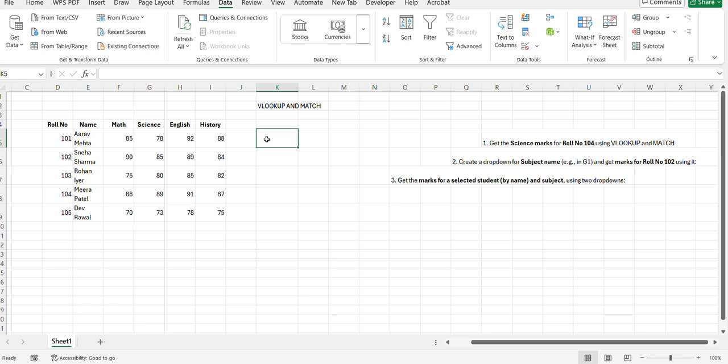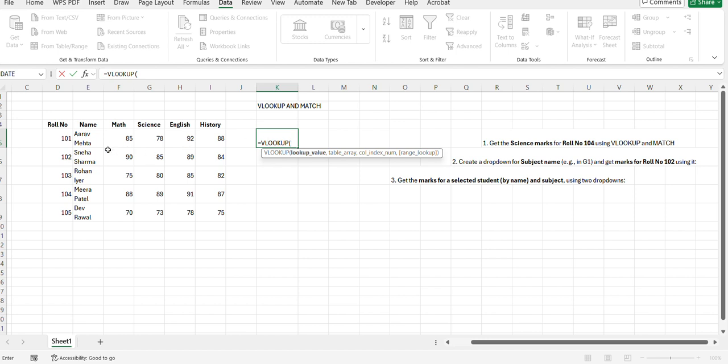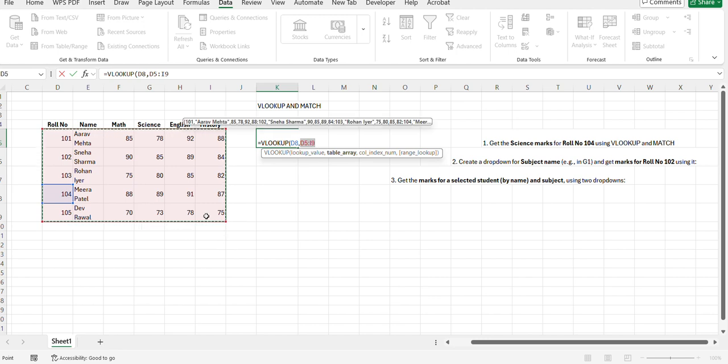Match. So first I will solve this question: get the science marks for roll number 104 using VLOOKUP and MATCH. So lookup value is 104, then table array. I didn't select a column, I only selected the rows. Then column index